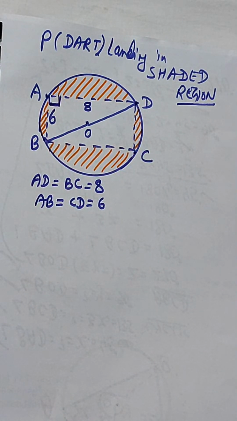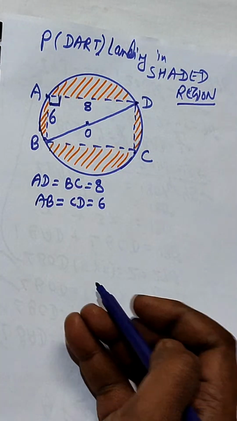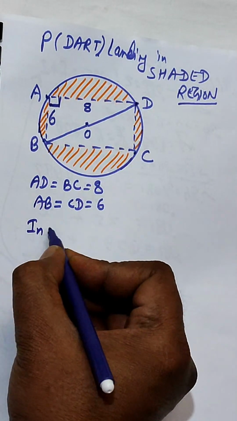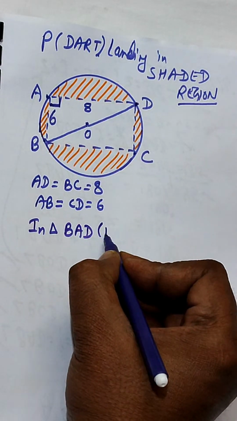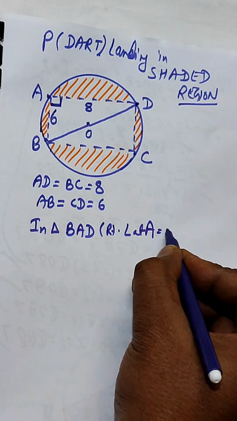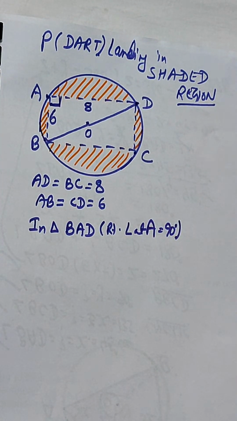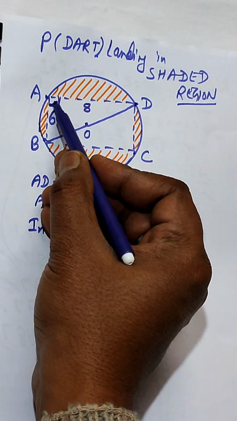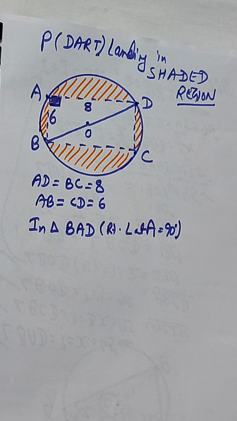This is a right angle triangle, and in triangle BAD, right angle at A equal to 90 degree, means right angle at A, this is 90, right? Now we need to find the value of